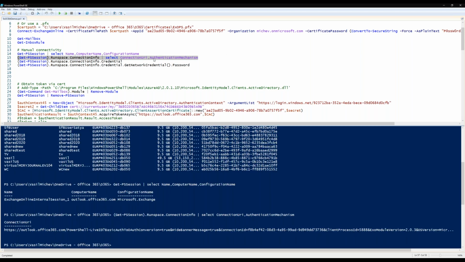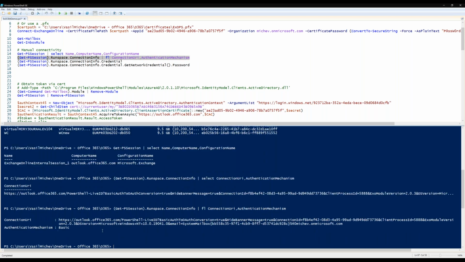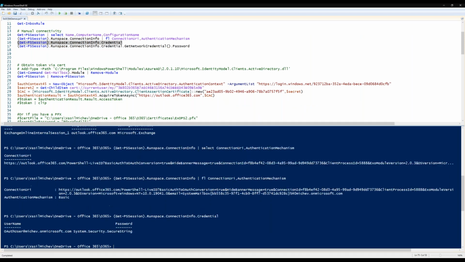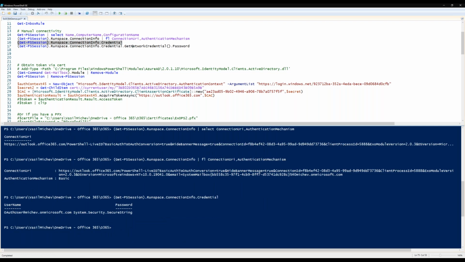Anyway, the idea is that it will actually show you the authentication, which is basic, and you will also see this additional parameter here, which is part of the workaround I mentioned, how Microsoft is enabling Exchange to be able to run things in the context of a service principal object instead of what we are currently used to, the user object. And just again to confirm that it's not leveraging any sort of basic authentication,